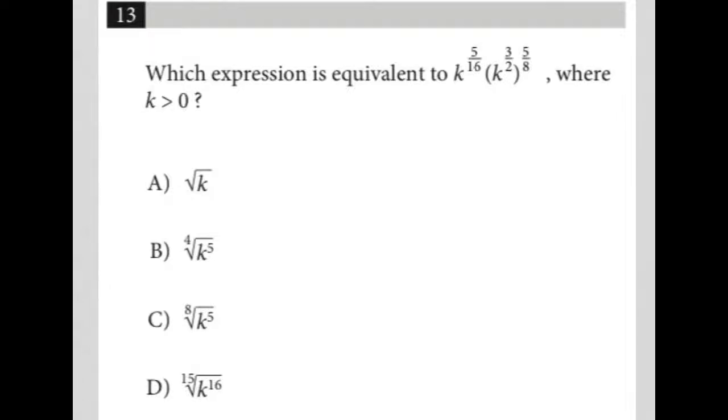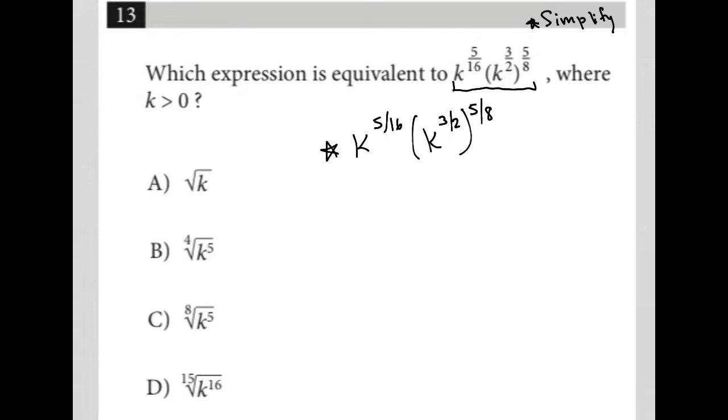So this question is a simplify question. I know that because simplify questions are typically between 1 and 3 lines long and contain either an equation or an expression. In this case, the expression we have is k to the 5/16 times k to the 3/2 to the 5/8. Now, whenever I notice that it's a simplify question, I tend to just jump straight in and simplify